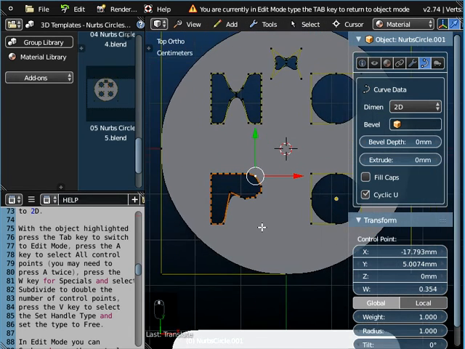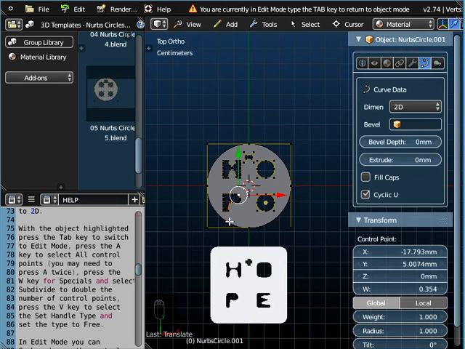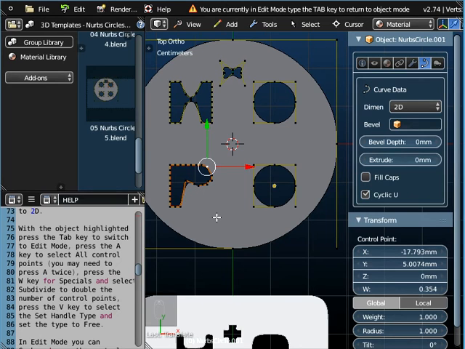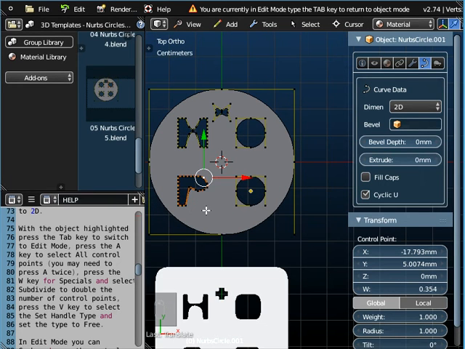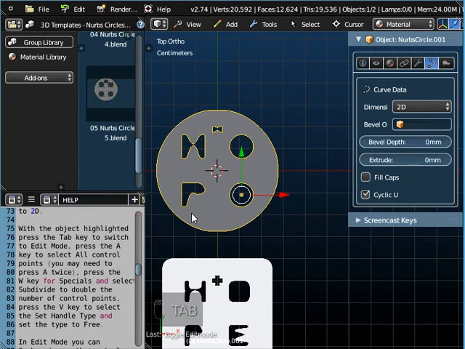Okay, now as you can see, I'm not great at doing this, but we've now got a rough P shape. You can spend a lot more time doing that and being much more accurate than I've been, but I've just shown you some basic principles there of using these Nurbs circle control points. Now I'm not going to do the E as well, it's just going to take too long, but the principles are the same. So I'm going to tab out of edit mode,